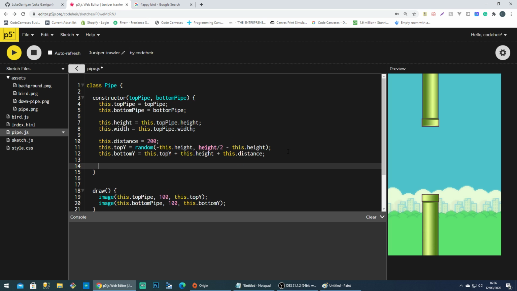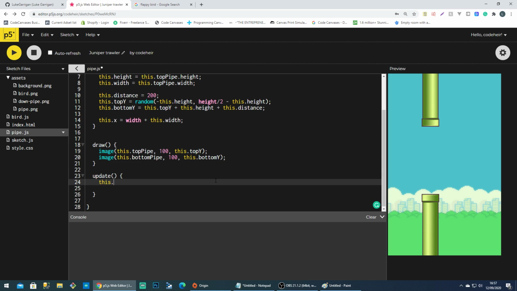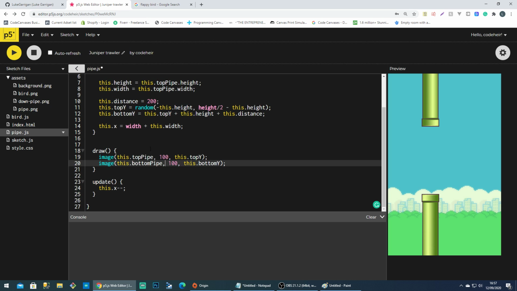Naturally, the pipes should spawn off the screen. So this.x equals width plus, so the width of the screen plus the width of the pipe, this.width. And then this.x minus minus, so we're just going to decrease the x every frame. That might be really fast, I don't know. Let's have a look. So let's call this update function